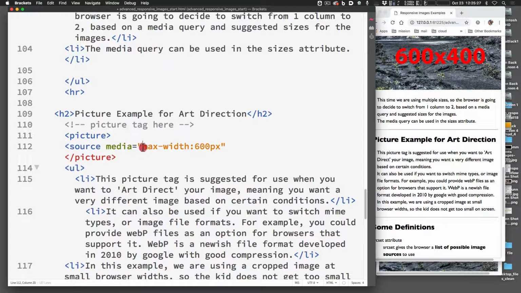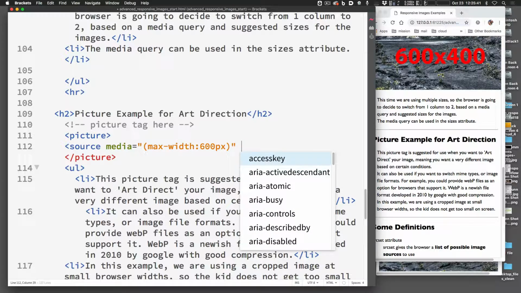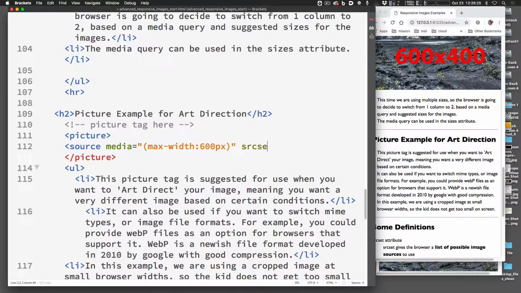And this needs to be in parentheses. I don't know why that didn't put them in for me. All right, so media equals max width 600, and then we're going to say source set equals,